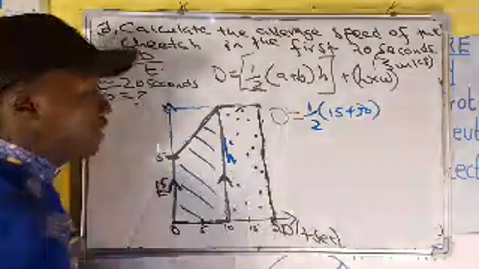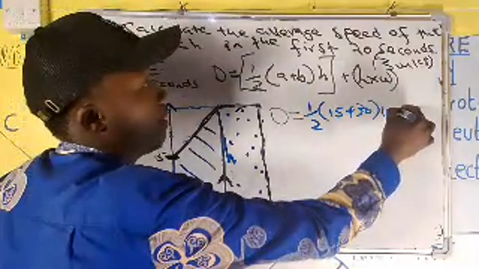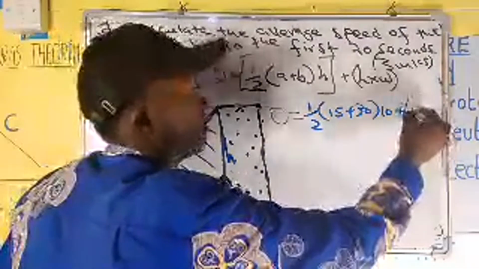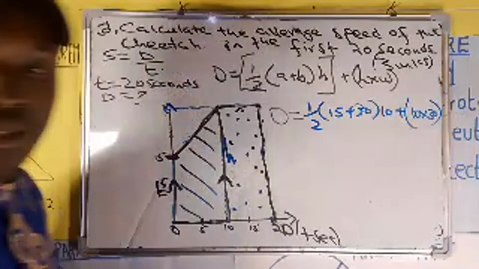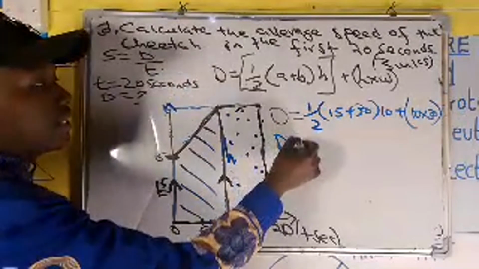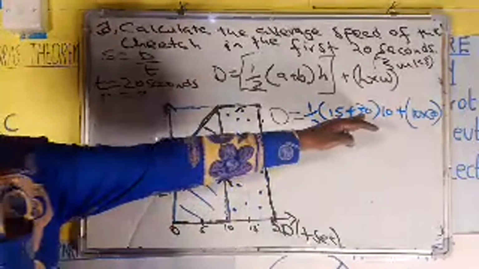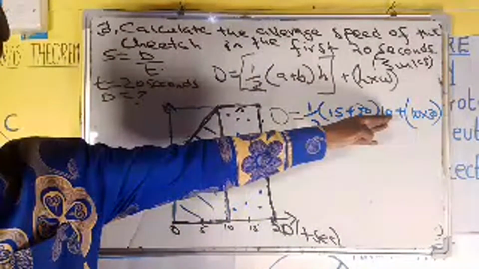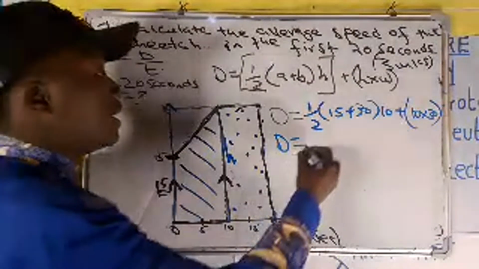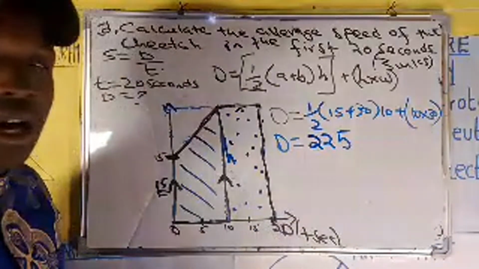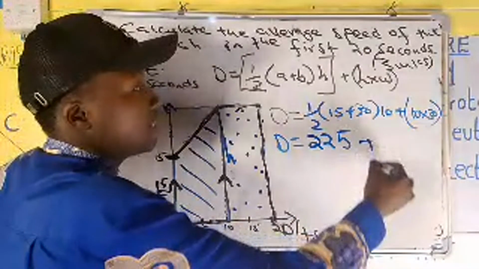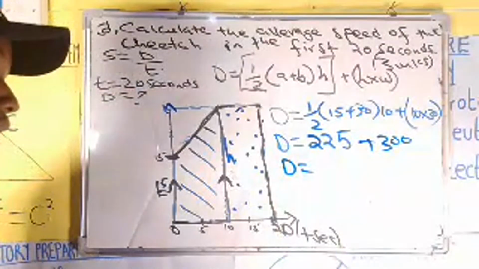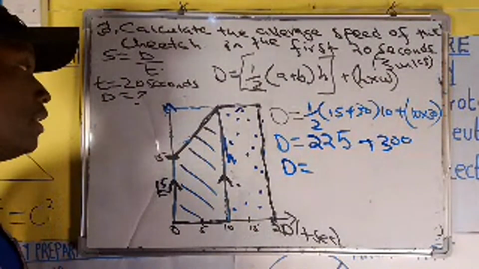Then multiplied by H, which is 10, plus length times width, it is 10 times 30. By doing that, we will get our distance as 15 plus 30 is 45. 45 times 10 is 450. A half of 450 will be 225, plus 10 times 30 is 300. So when we add up the distance covered within the first 20 seconds, it will be